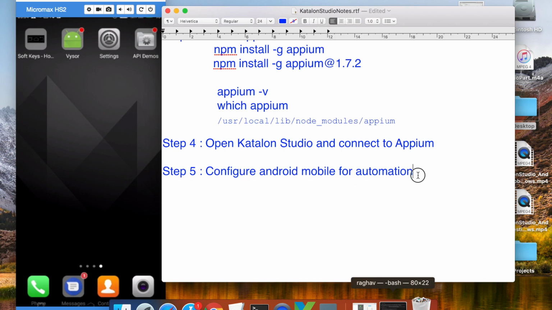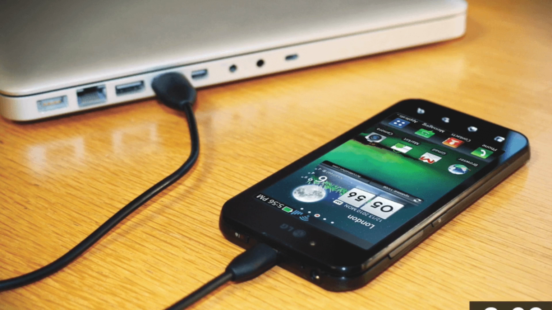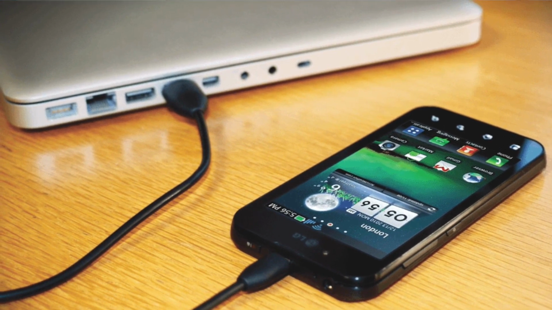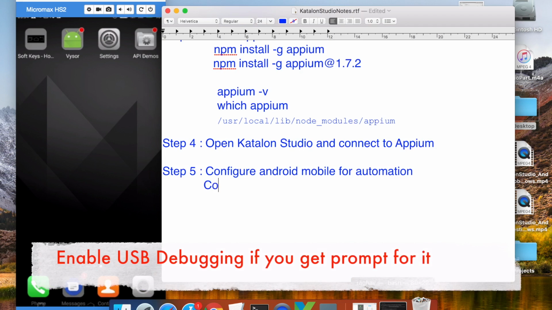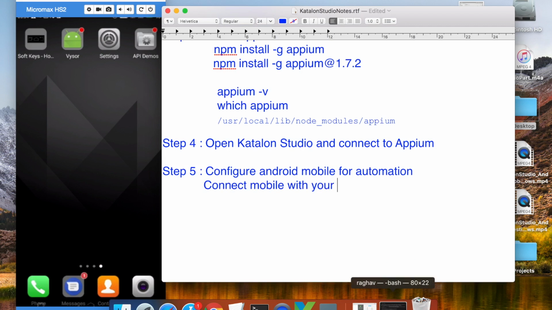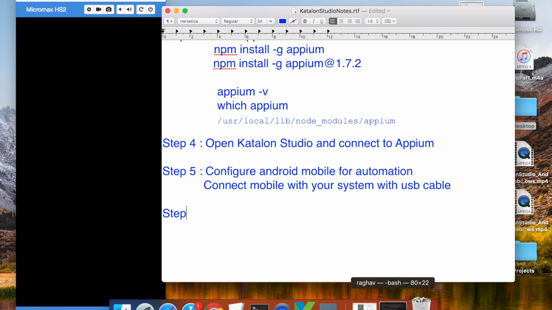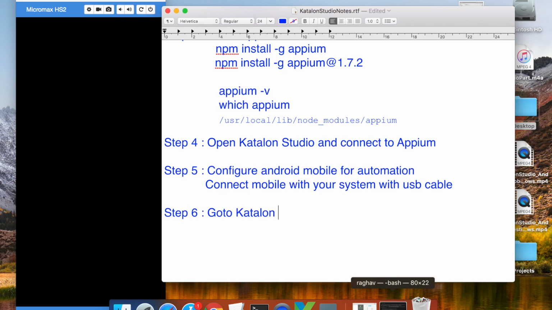So after this step you can connect your mobile device to your laptop or desktop with the help of a USB cable. So once you have done this configuration, you can connect mobile with your system, whether it is laptop or desktop, with the help of a USB cable, okay. And now step 6 is go to Katalon Studio and create or run mobile tests. So at this moment we will go to our Katalon Studio,